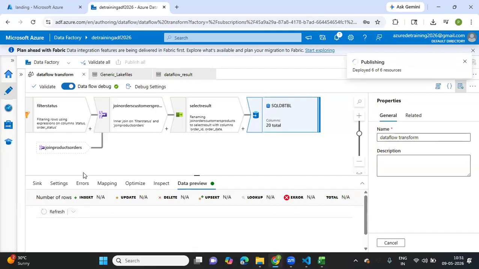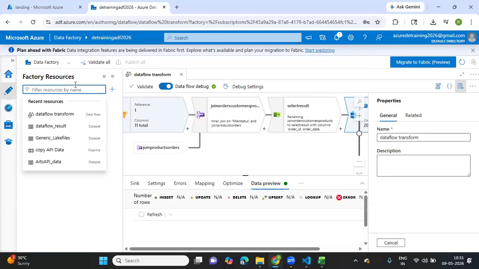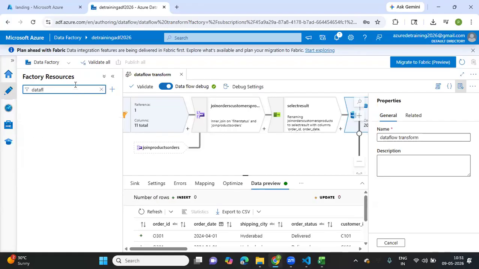Okay, now this entire pipeline has to be called using a data flow activity. So now we have created a flow, the data flow, that we have to call using a data flow activity. Data flow activity is different from the data flows. Different in the sense that data flows are for creating the pipeline, and the data flow activity is to call that pipeline. Let's go to the author tab,